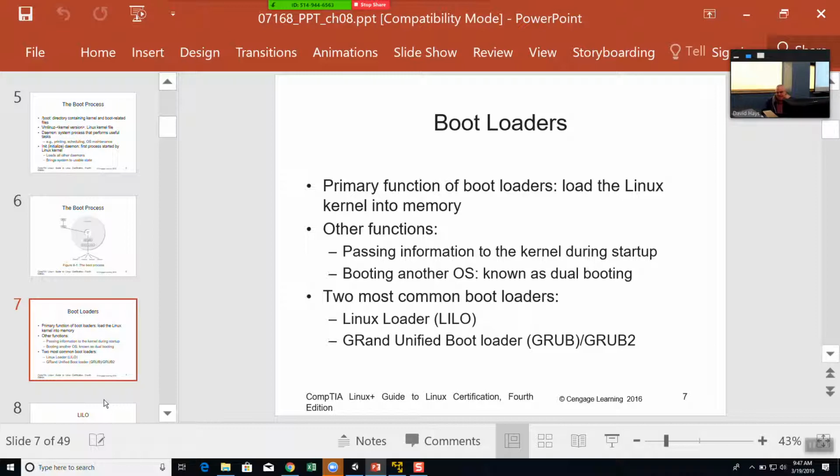I never have done this, but some people will set up different operating systems on one machine. Maybe they have Linux and Windows. I'm assuming that's what it's referring to. Like I said, I never have done that. Two most common bootloaders: Linux Loader,